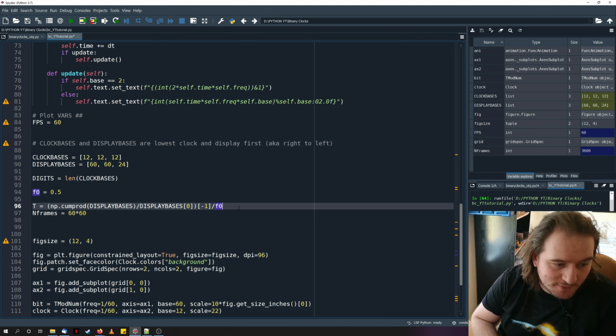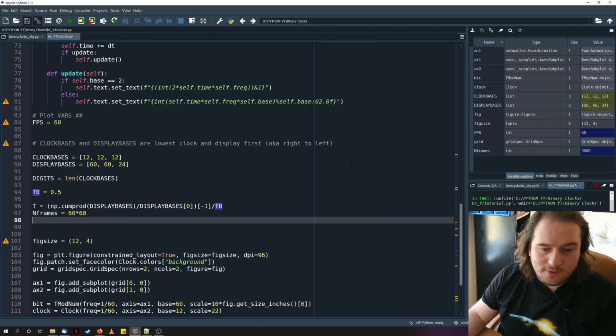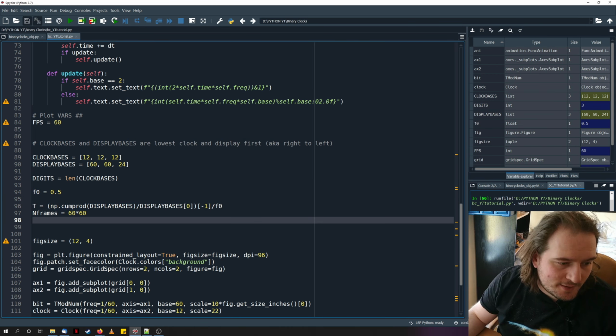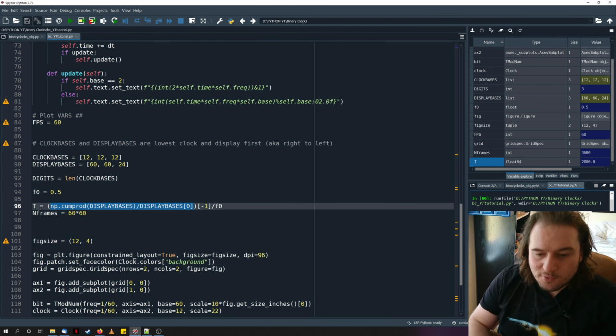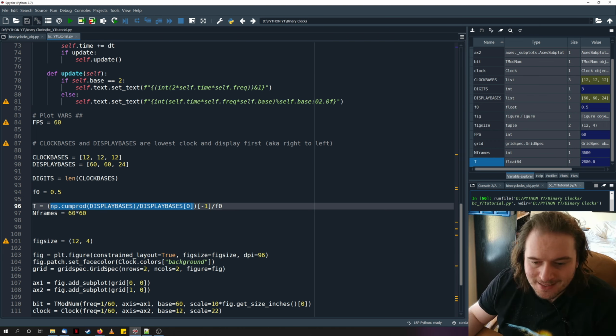So it's the cumulative product of all of those, and that's what this function does here. If I run that and then look at this value here, T, 2880, is that correct? If we look here, numpy.cumprod of display bases, that's 60 times 60 and then 60 times 60 times